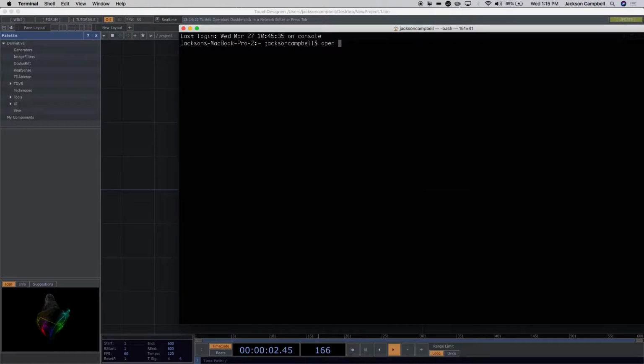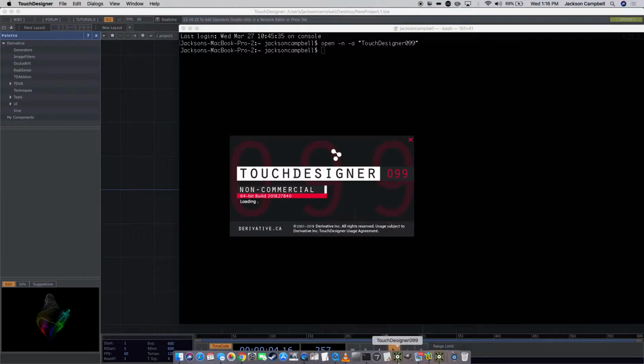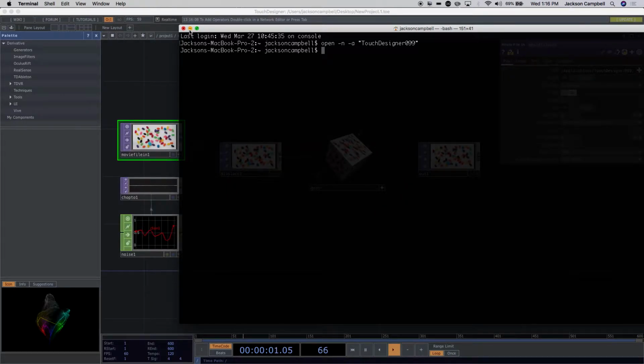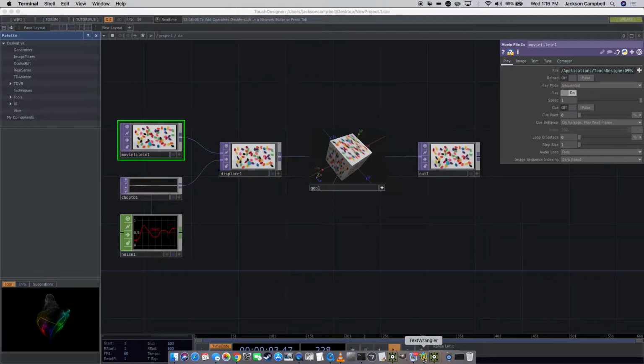Open space -N space -A space quotation mark TouchDesigner 099 end quotation mark, and hit Enter. And that should pop up a second one. So this is what you need to put in your terminal. And as soon as you have them both running, on Mac you should see